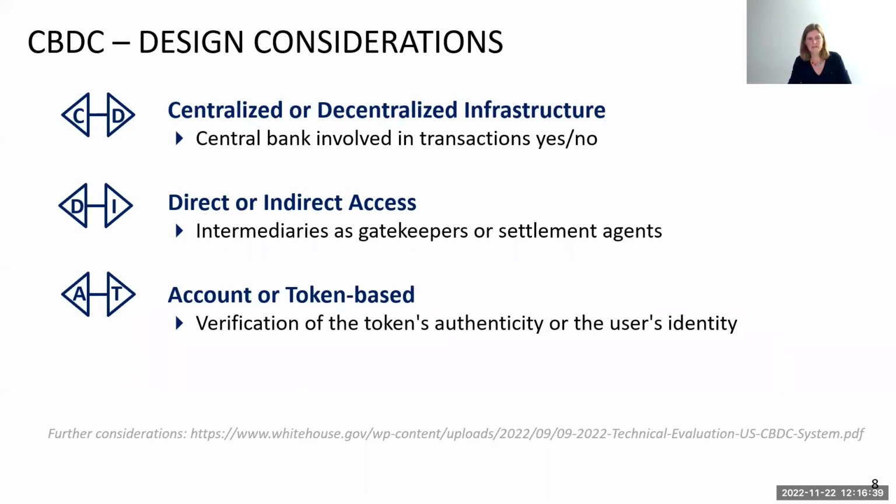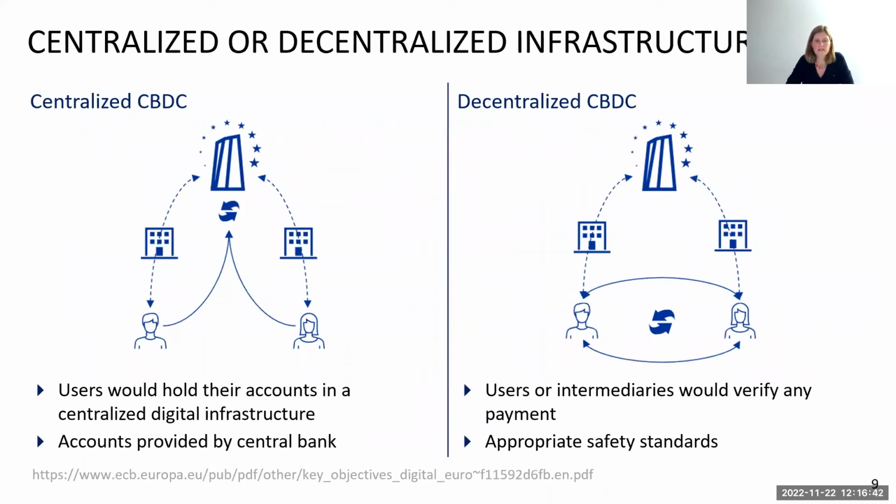Okay, now let's start with the decision about centralized or decentralized infrastructure. If you choose a centralized infrastructure, this infrastructure will be provided and operated by the central bank. So basically all transactions will be processed through the central bank. Compared to that, with a decentralized CBDC, you have a decentralized infrastructure. So the end users or involved intermediaries could execute the transactions themselves, so without the intermediary role of the central